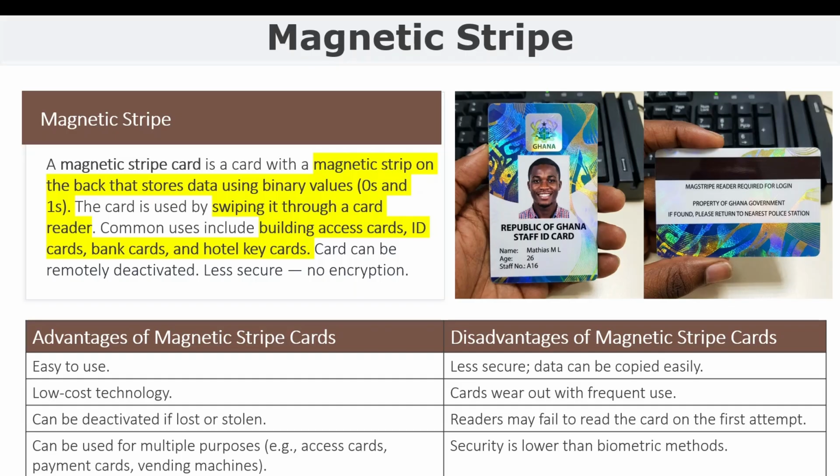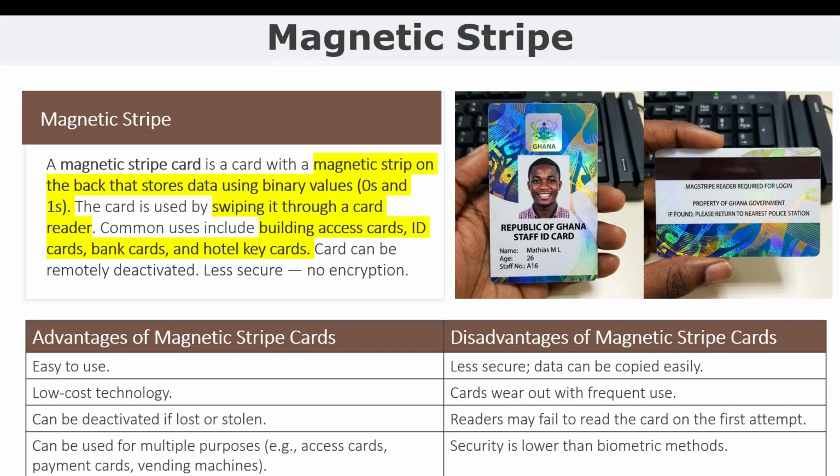Again, it can be used for multiple purposes. So you can have an access card. It can be used as a payment card, and it can also be used for buying things outside in some grocery shops. Some disadvantages of magnetic stripe cards: they are less secure because you don't need to have any extra form